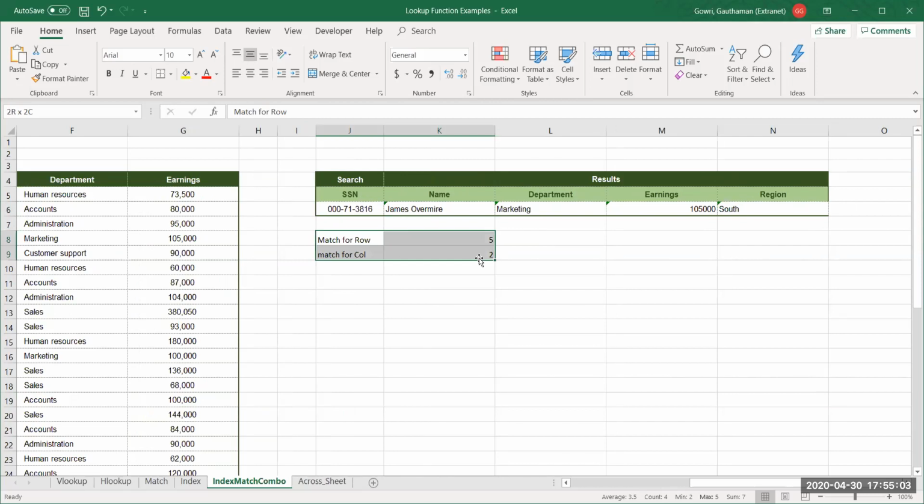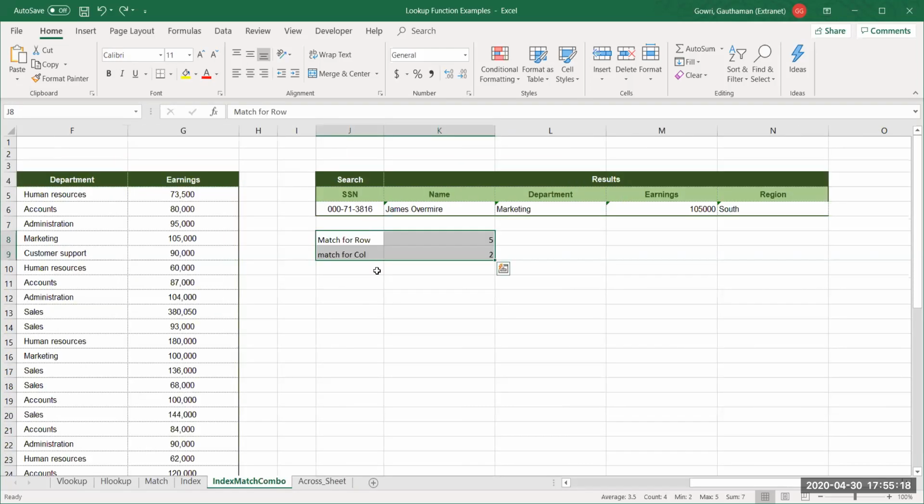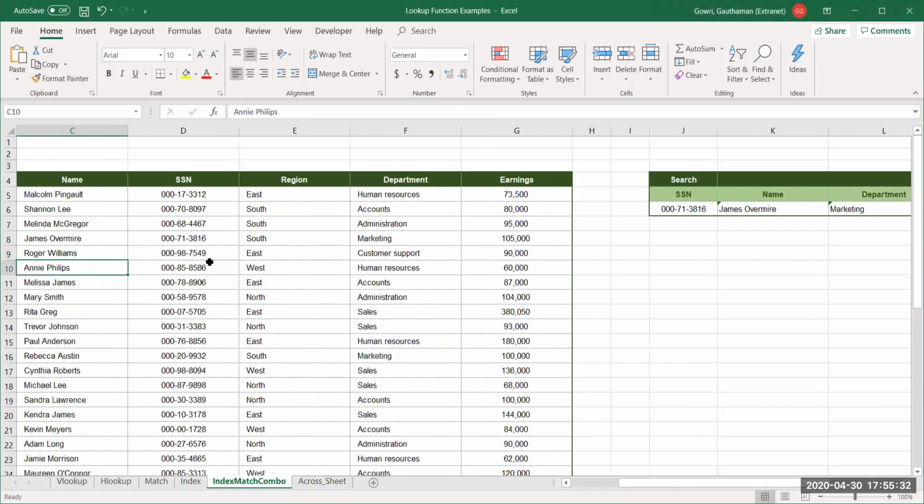Now let me show you another example. Anyways, we are using it across the sheet. As per Sumit's doubt, there is no compulsion, but if you don't give this, it's not going to function properly. The reason is, I have only one SSN over there. Let me add a few more. I'll just take it and put it here.